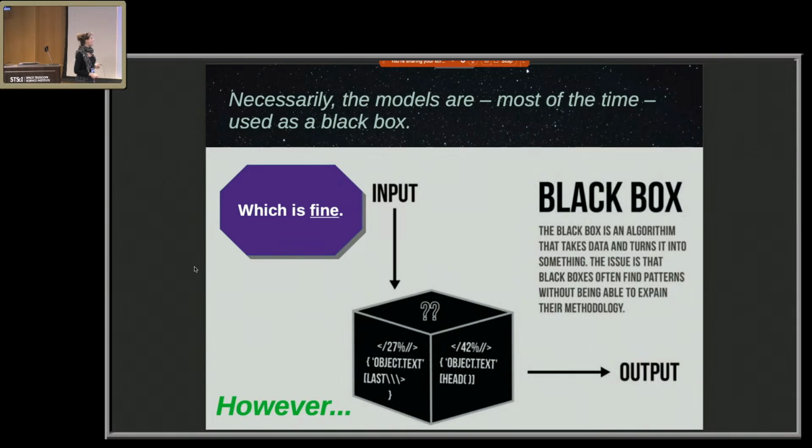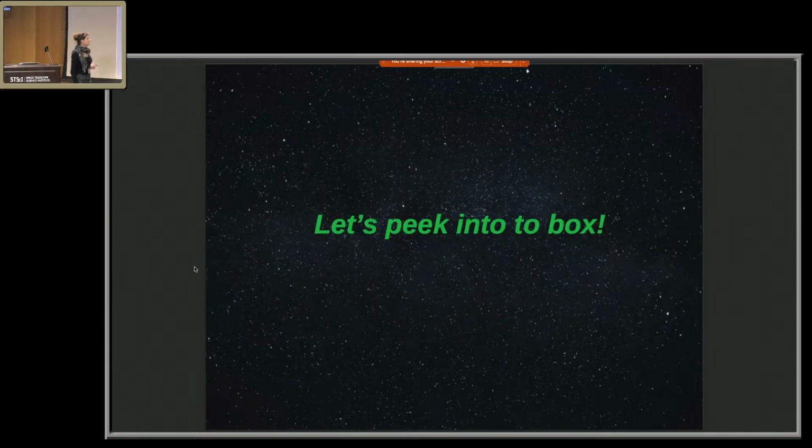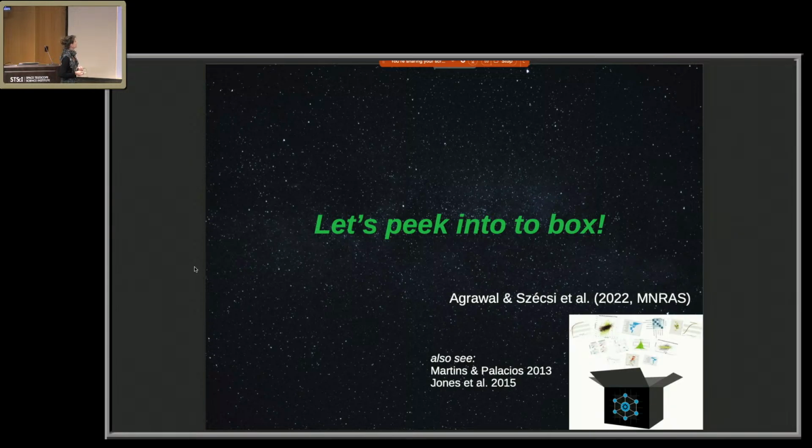That's fine. However, this is why I'm here today. This is what I want to tell you about, because let's peek into the box and see what's inside the black box. I'm sure you do not do that often. So we have this paper out with my ex-PhD student, now postdoc, Poojan Agrawal, from 2022 in MNRAS. And there are, of course, many other papers which investigate the same kind of problem with the black box. Here are 2 more examples that you can look up if you want. But today I want to tell you about our own paper,